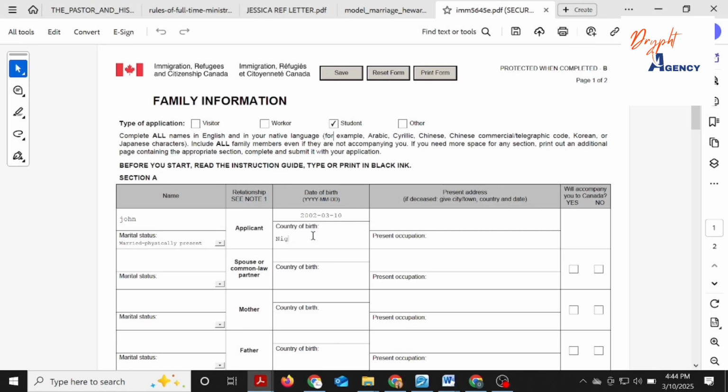So right now I'm filling information of the principal applicant, and I'm putting the date of birth, country of birth. I'm putting a present occupation, lawyer. I'll put the address. And that's how I'll keep going and filling the other aspects of the form. So it's self-explanatory, but stick to the end so that you see how you add your signature, the signature that you signed on a piece of paper or on any document, and you now